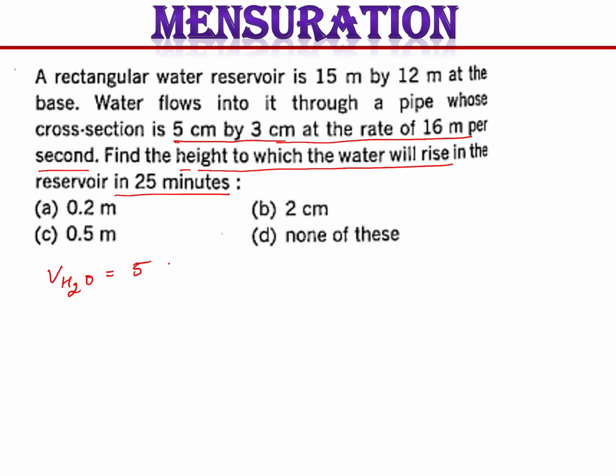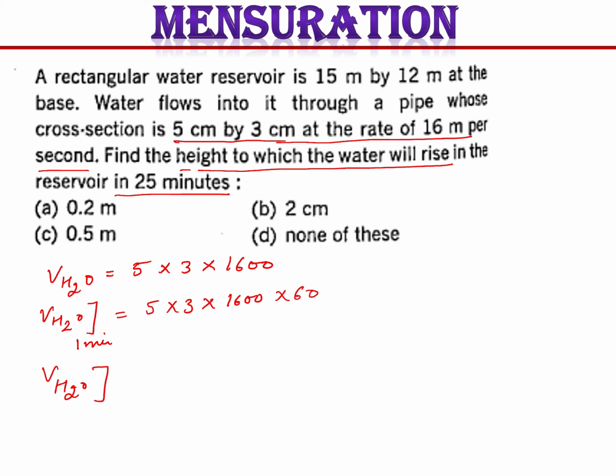It will be 5 into 3. Now see here it's 16 meter and there you have centimeter. So 1600. This is the amount collected in 1 second. So the amount collected in 1 minute will be 5 into 3 into 1600 into 60. Then the volume of the water which will be collected in 25 minutes will be equal to 5 into 3 into 1600